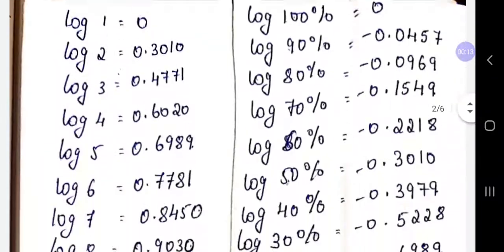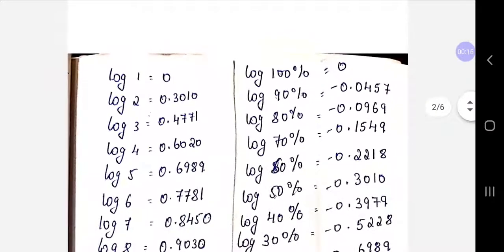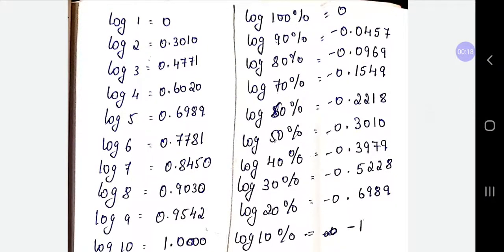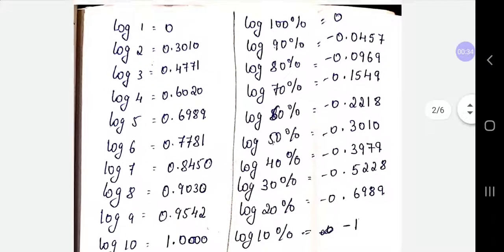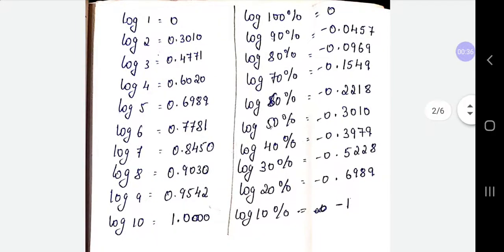So before going to the chapter, I need you people to take out the log table. You need to learn the logs by heart. Logs will not be given to you for values less than 10. In your log table it starts from 10 itself, and log for percentages is not there. You need to calculate that by scientific calculator. I have done it in the scientific calculator and shown you.